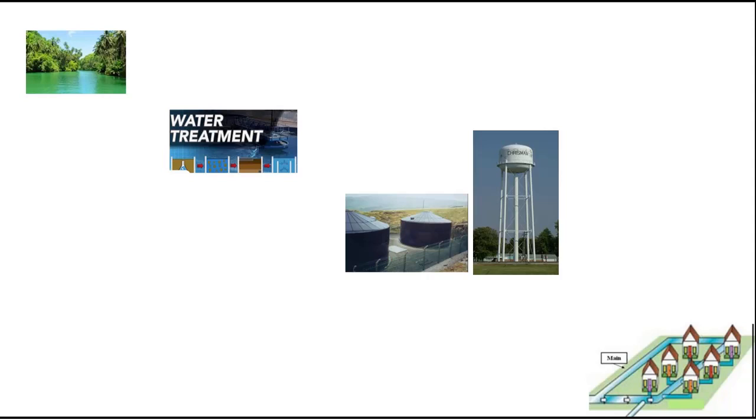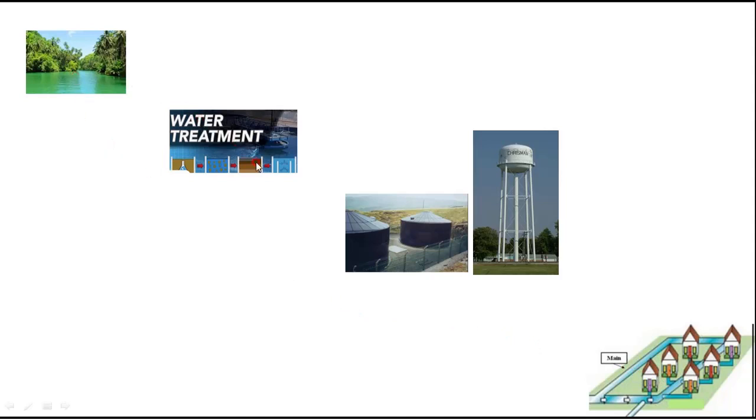Now see in this figure, here the source is there. From the source you need to send water to the treatment plant. From the water treatment plant it should come to the service reservoir. From the service reservoir the water should come to the distribution system. Think that the water source is at a higher elevation, your treatment plant is at a lower elevation, your service reservoir is again at a lower elevation, and the distribution system is also at a lower elevation. Then you don't require a pump, because water will run from the higher elevation to the lower elevation without any external energy.